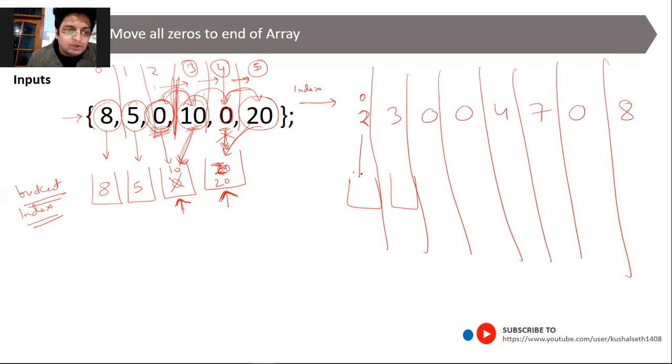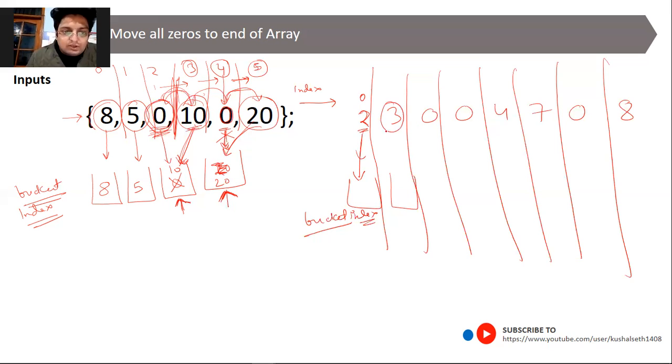We will directly put it in our bucket. The bucket index is nothing but the index at which we will be putting the value. So we will simply be putting the 2.